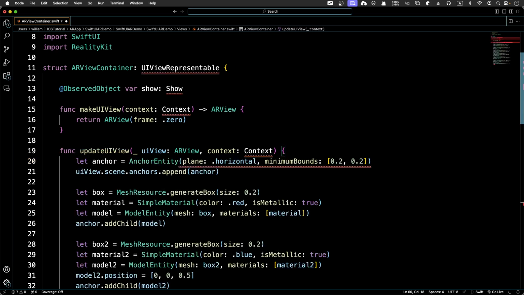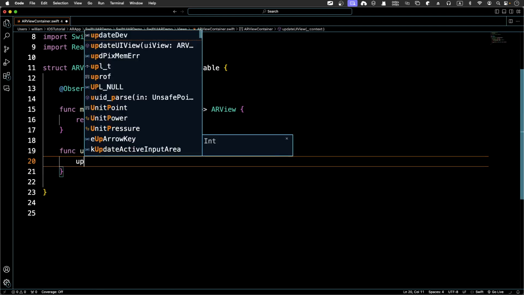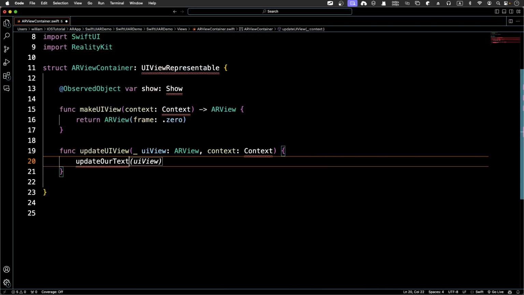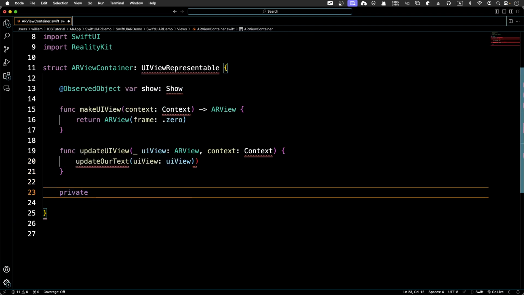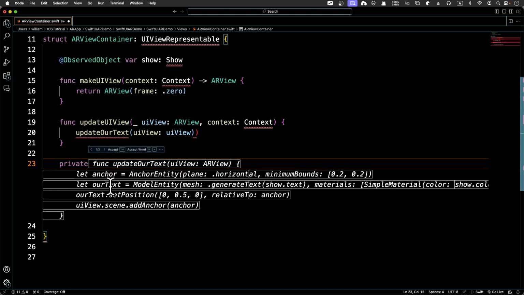So sorry. What I'm trying to do is to just call a certain function, and that function will update our text. Yeah, something like that. So passing the UI view, and that will be just our simple UI view, right? But right now we don't have update our text up and running yet, so I can say private and update our text. So I can call this and make it, I think look at the suggestion, make it anchor, make our text be a